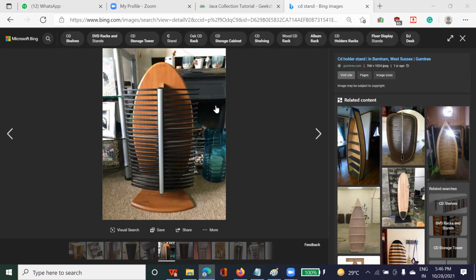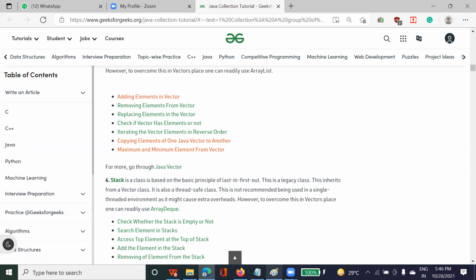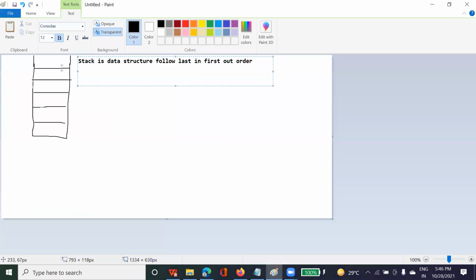So stack is again one data structure, where the structure is something like this. Suppose this is one box. You keep on adding elements, and whichever element is on the top will be removed first.